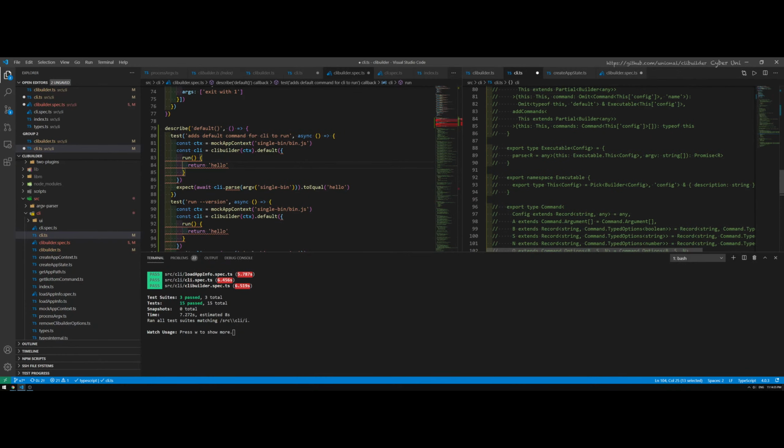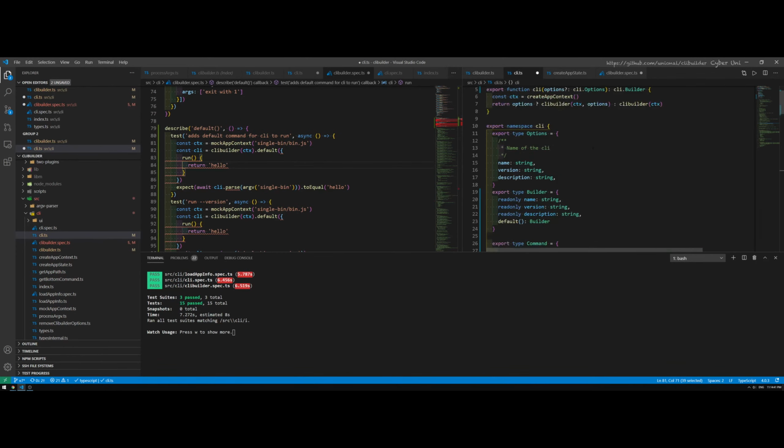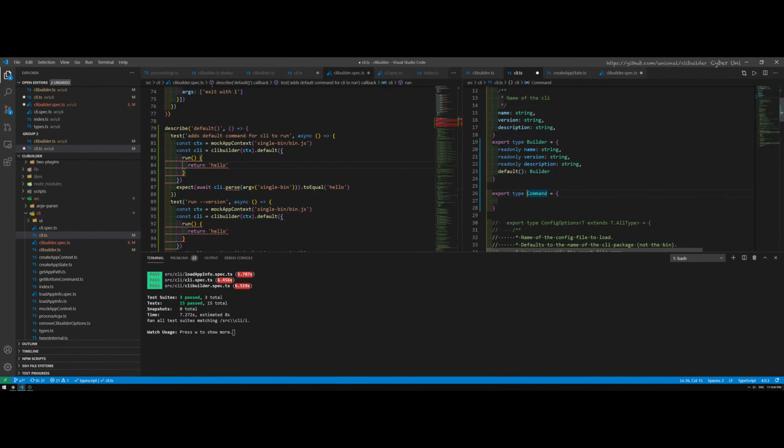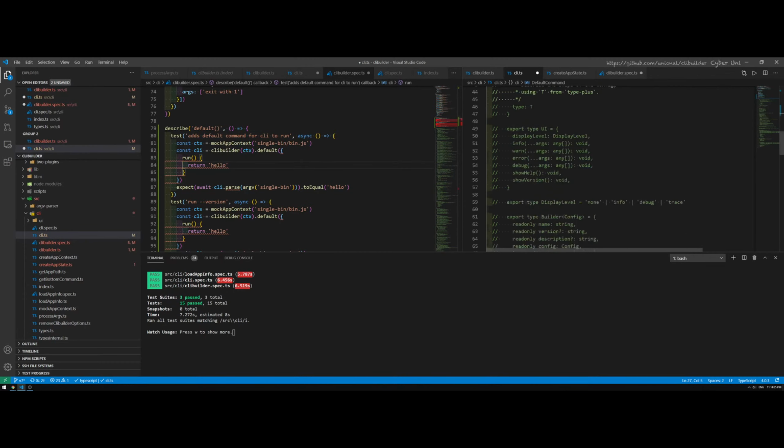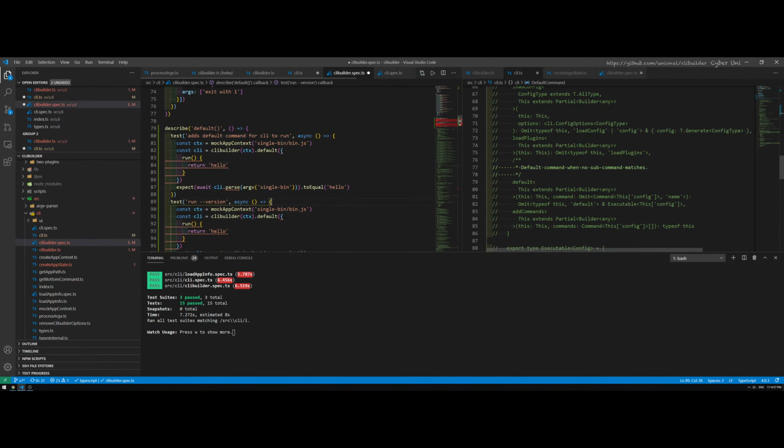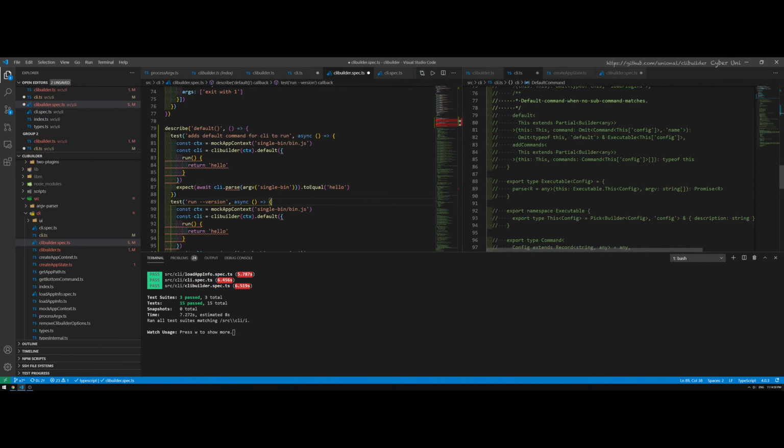That's why I was doing this. But now, as I really want to simplify all this stuff, I'm going to create a property called default command and use that instead, because